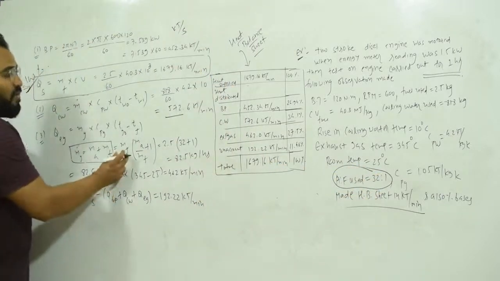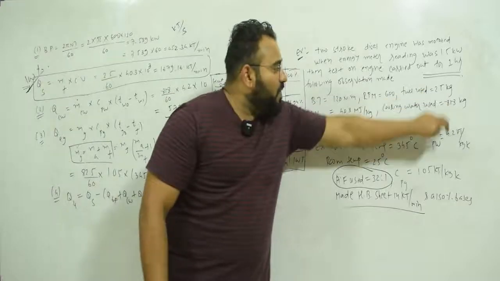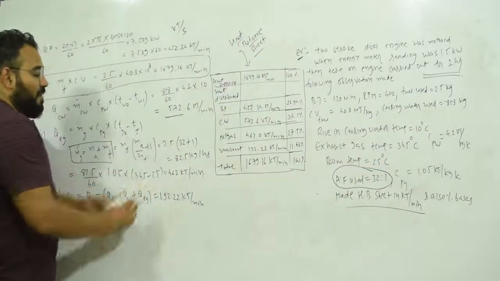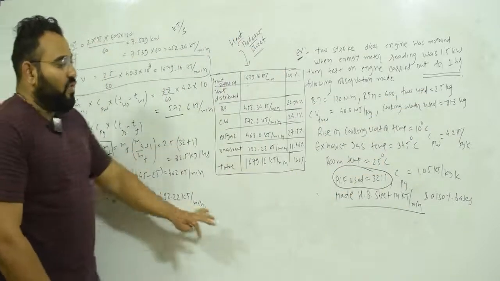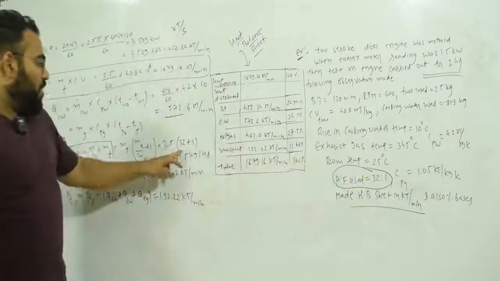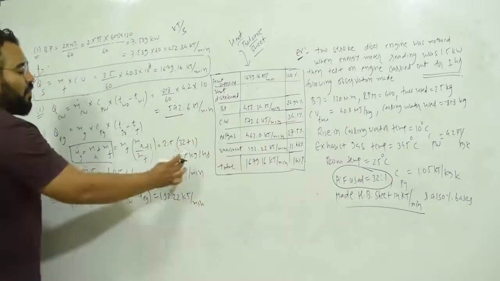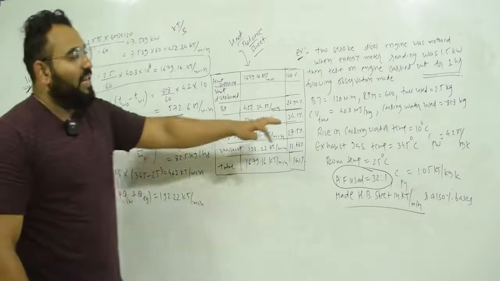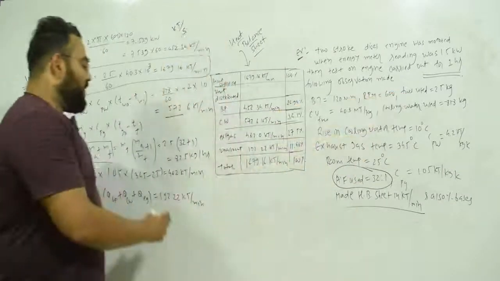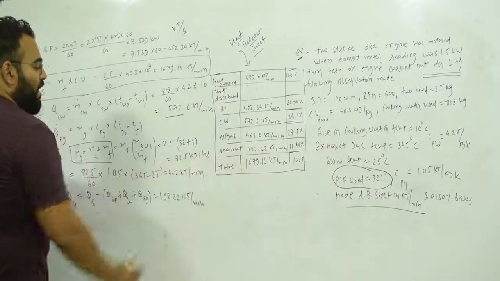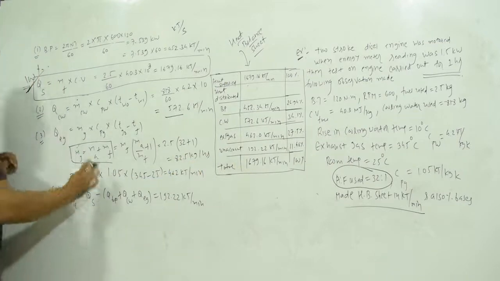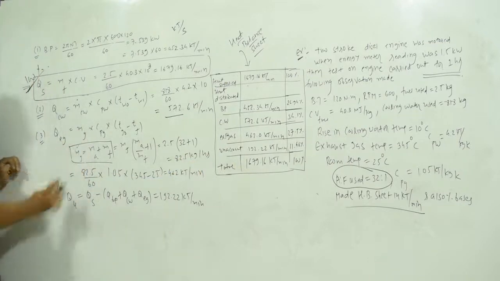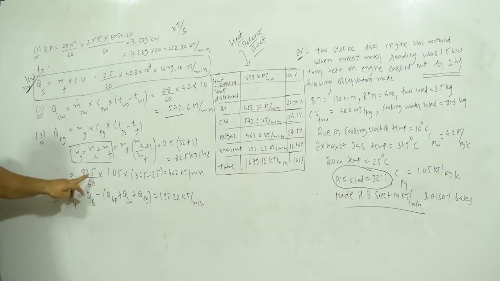So the mass of fuel is already there. We have fuel used 2.5 kg, so mass of fuel is 2.5. Mass of air upon mass of fuel means air fuel ratio, which is 32 to 1, means 32 plus 1. So this will be 82.5 kg per hour, because all this data is per hour. So 82.5 kg per hour is the mass of gas. Let us put it over here.